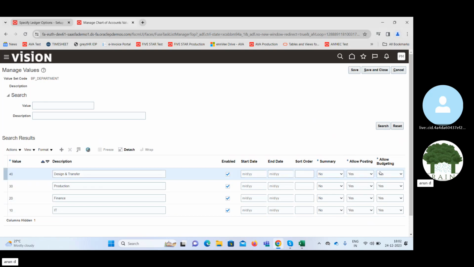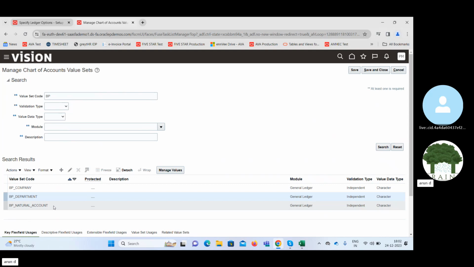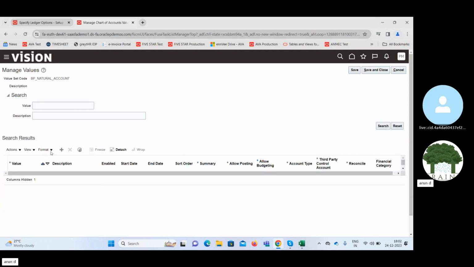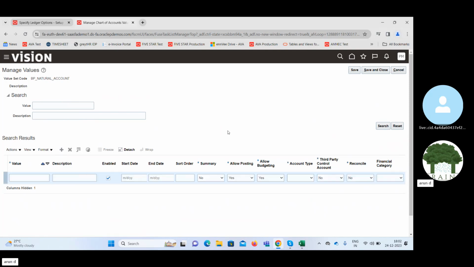If you notice here, I'll have the same parameters here as well. But if I go to my natural account, I'll have the additional values. This is based on the segment label that I have given there. Now, as a practice,